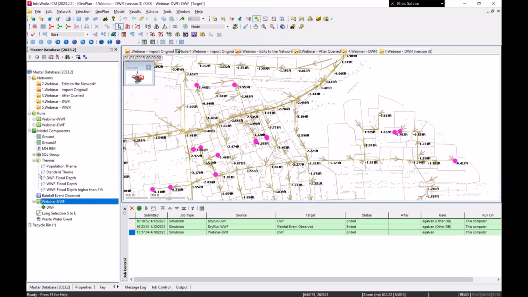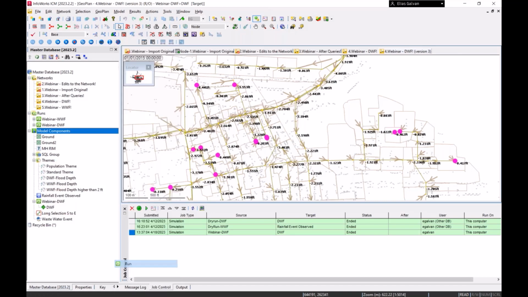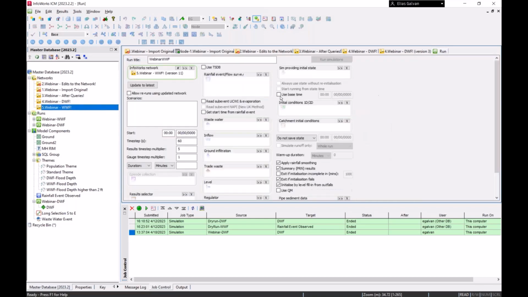So now let's run a wet weather flow analysis. I'm going to do the same thing. I want to create a new run. And now I'm going to call it wet weather flow analysis, also webinar. And now I'm going to drag my wet weather flow network inside of this component, and in the same way